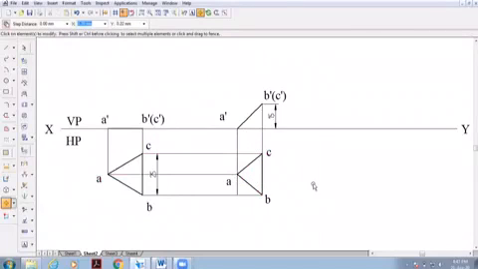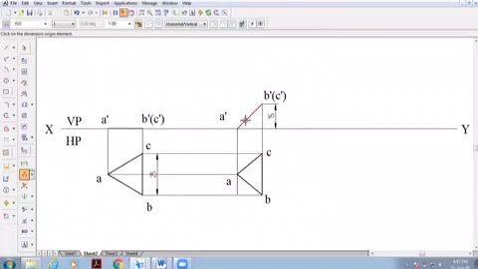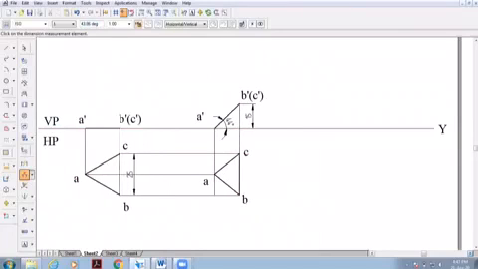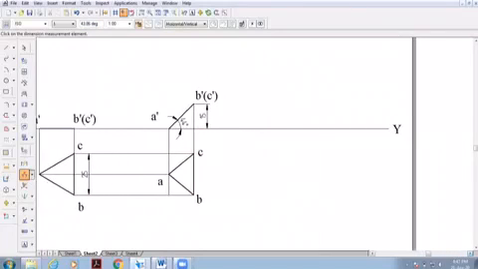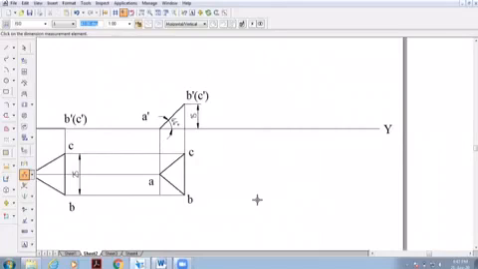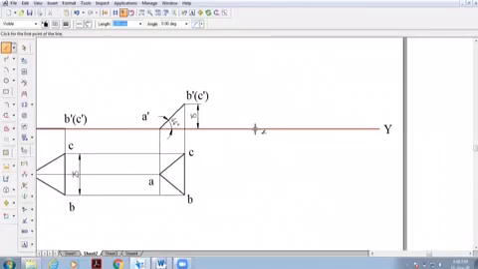This is the second position, and you have to identify the angle. It is around 44 degrees to HP. Now, coming to the final position, it says that the opposite edge is 30 degrees to VP. That means the side opposite to the corner is 30 degrees to VP. Now take a thin line from the XY line, at an angle of minus 30 degrees.